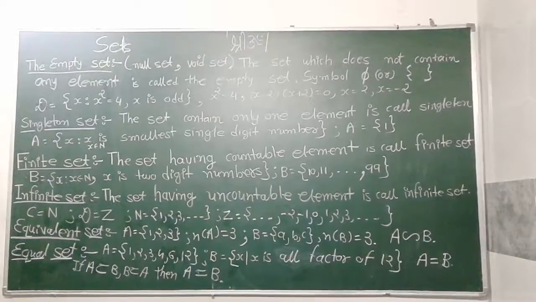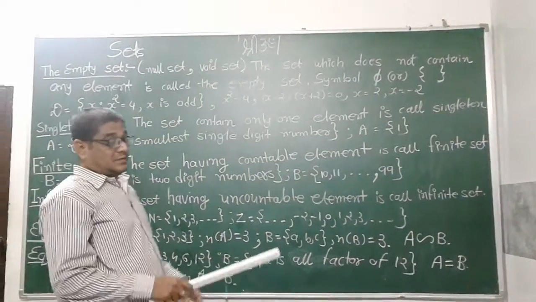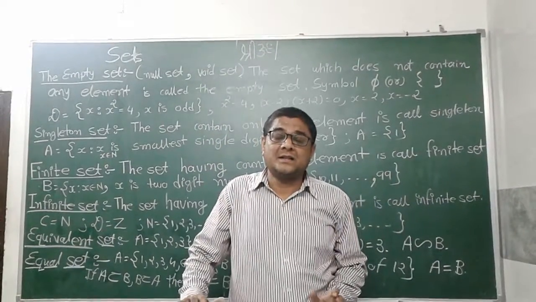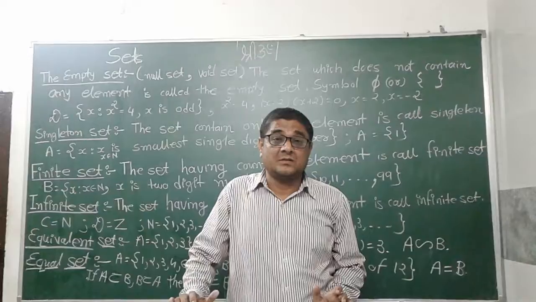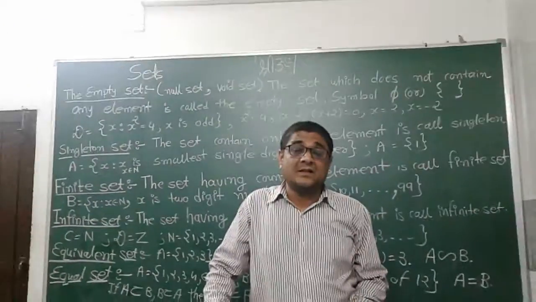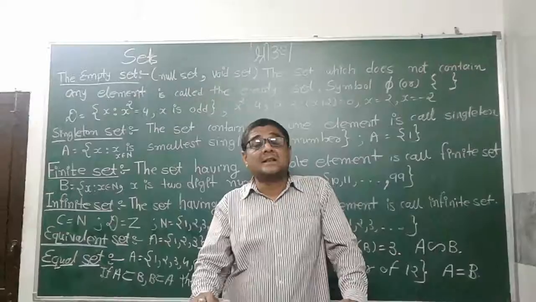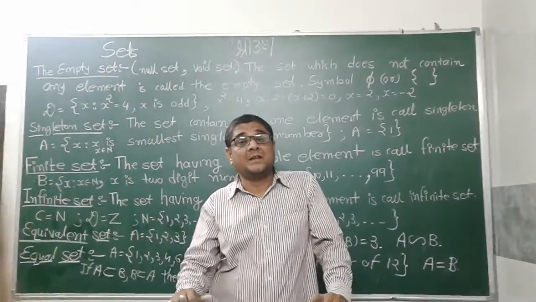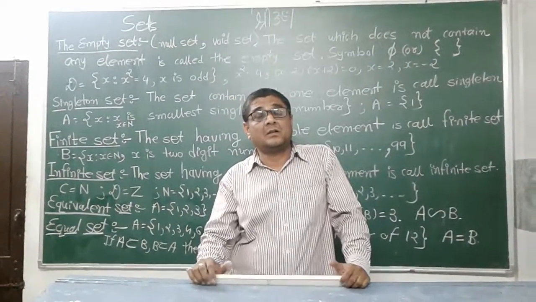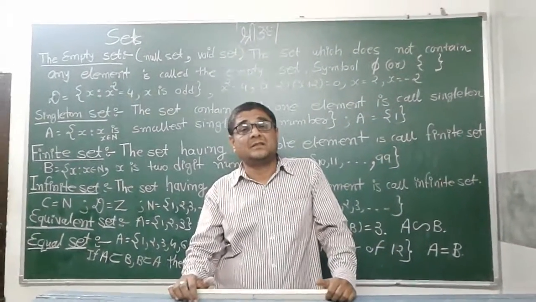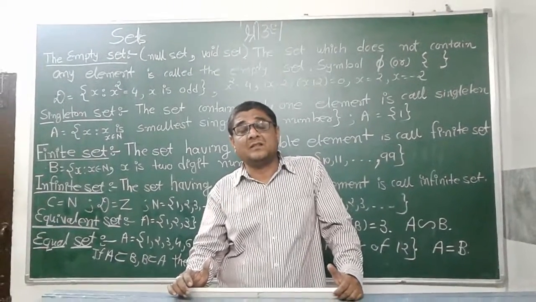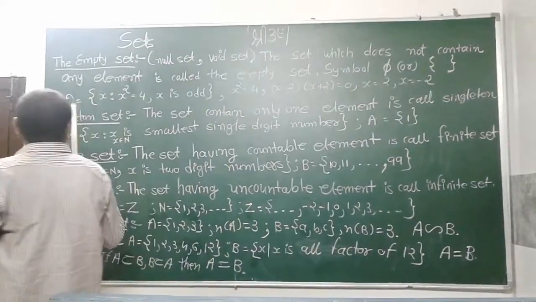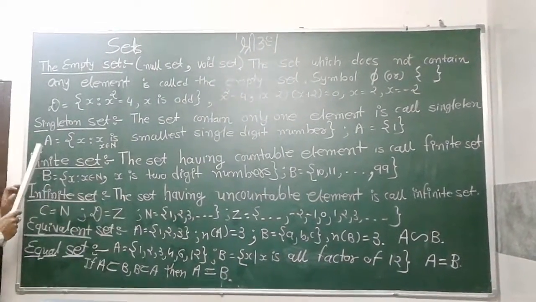Another example: the set A is equal to two-digit numbers that are single-digit numbers. We cannot get such a number, so it is known as the null set. If I take set B is equal to apple, banana, grapes and chiku, and I say that A is equal to peacock, then peacock is not inside it. Such a set which doesn't contain any element is the empty set, and an empty set is also a finite set.